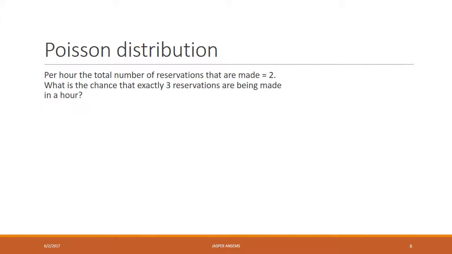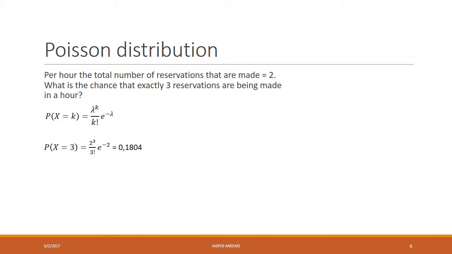The Poisson distribution. Per hour, the average number of reservations that are made is 2. What is the chance that exactly 3 reservations are being made in an hour? So this is the formula we're going to use, and we need to fill in those numbers from the little story we just read. So exactly 3, so x is 3, and the number of reservations on average is 2, so we fill in that as well, and then we get the final number of